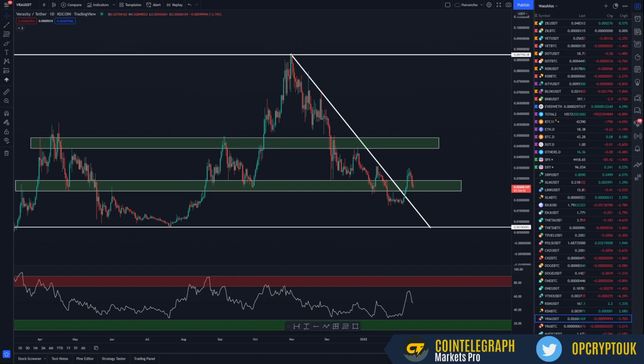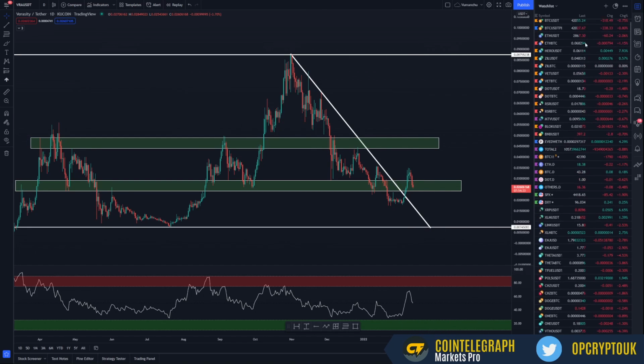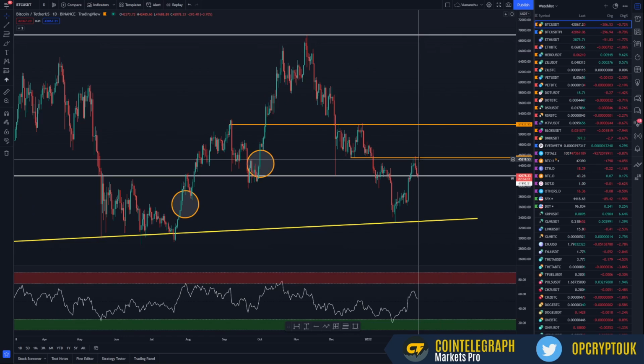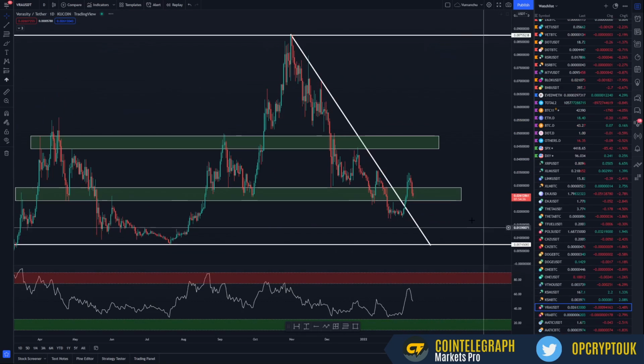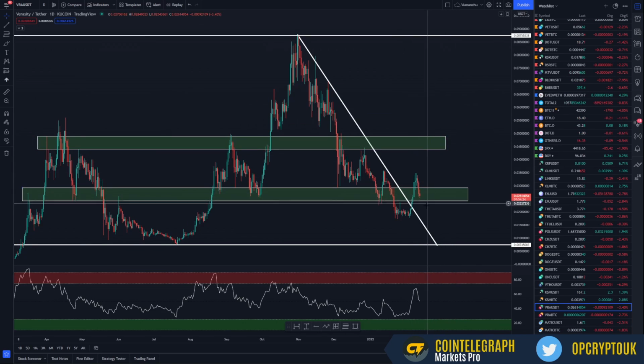Today I'm going to take a look at Verasity and do some price analysis. We have had that breakout of a downtrend that we've been looking at for quite a while now, but the market itself has just pulled back. Bitcoin's been up to this area here at 45k and it has had a pullback. So what we need to do is have a look at some areas, if the pullback does continue, where we